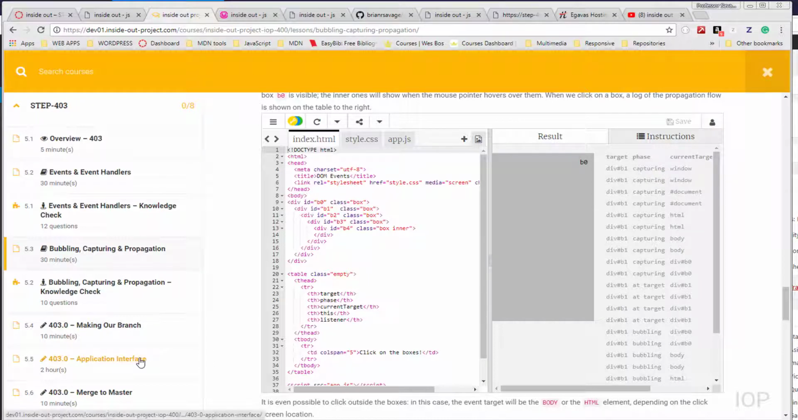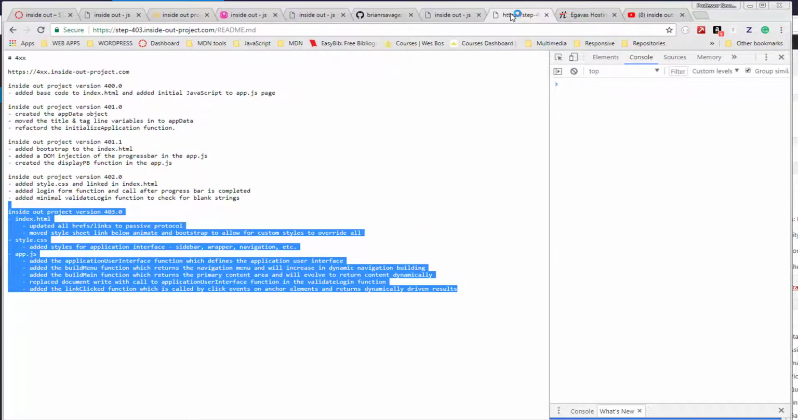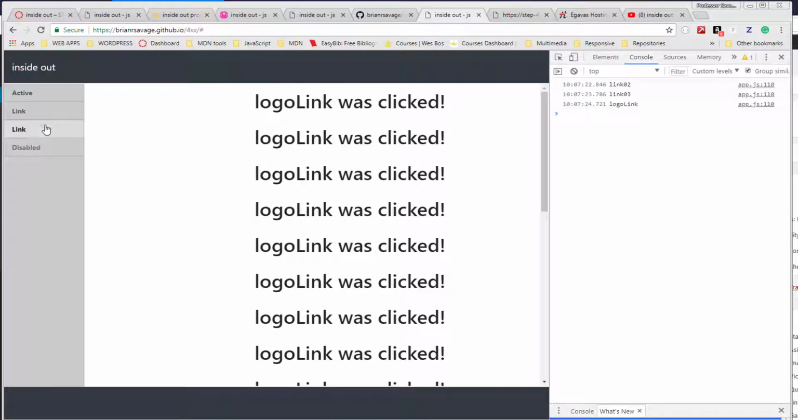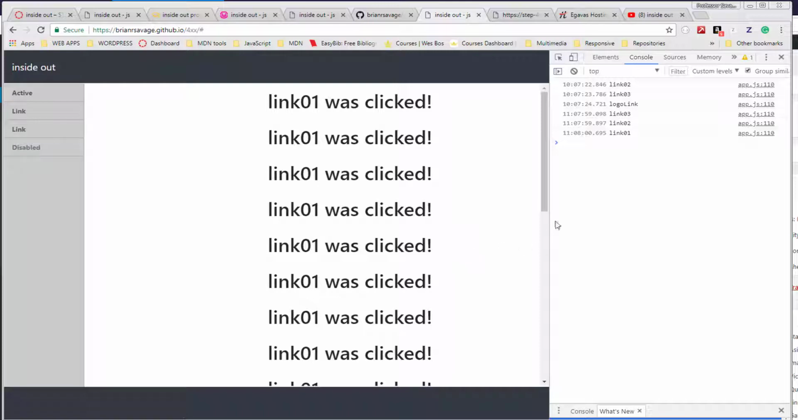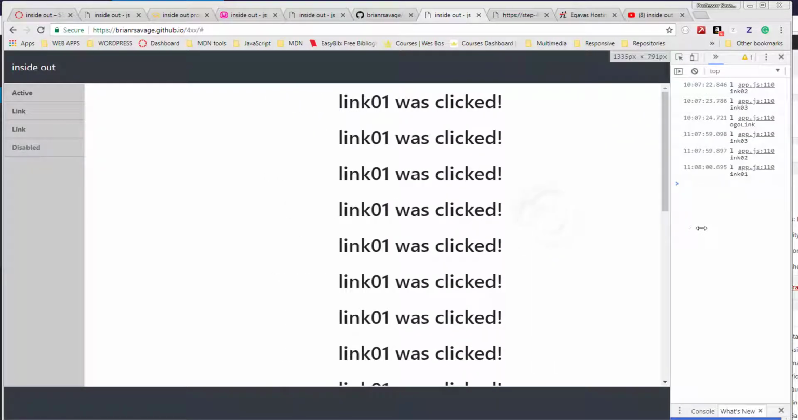After that, we move on to building our application interface, and we end up with our application actually starting to take form and really look like an application, and it opens us up to do some pretty cool stuff